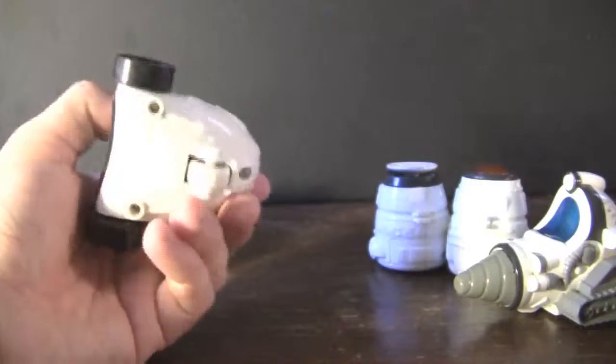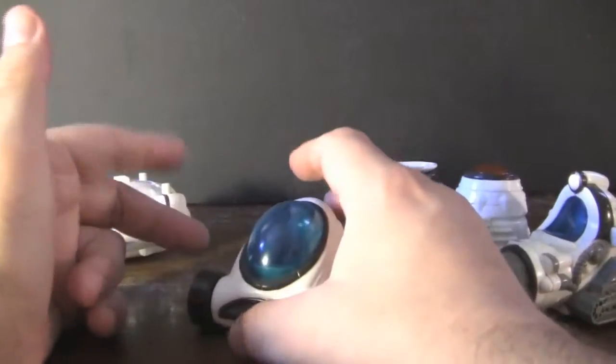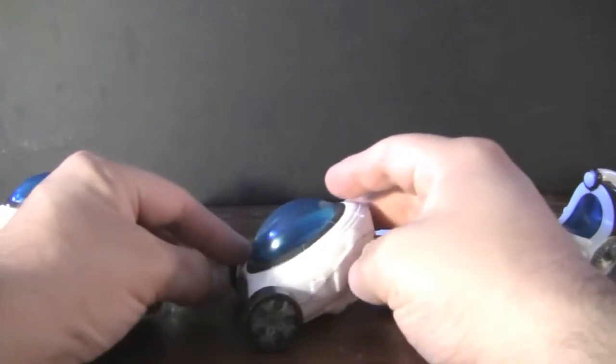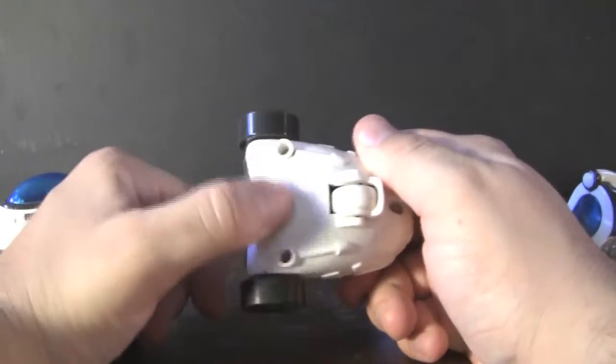Now this one really doesn't actually do much. I mean, it just kind of rolls around, and it has 3 wheels, and that's kind of about it. I mean, there's not really much else to it. The first 2 were a lot cooler as far as gimmicks go, but this one's kind of nice. Now it has 2 little holes right here, and you would think actually that's just where the screws go, but